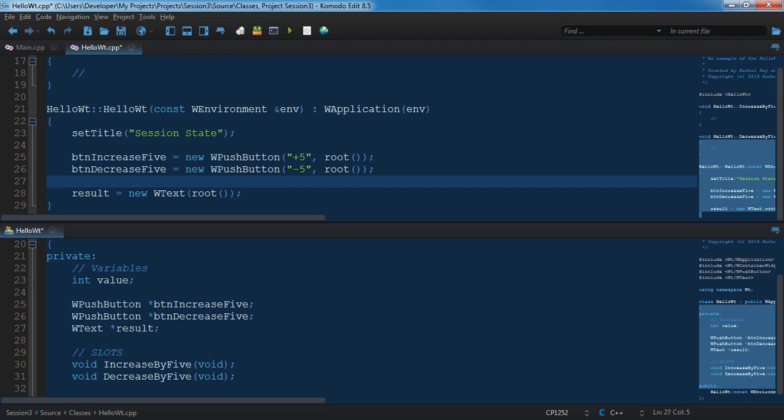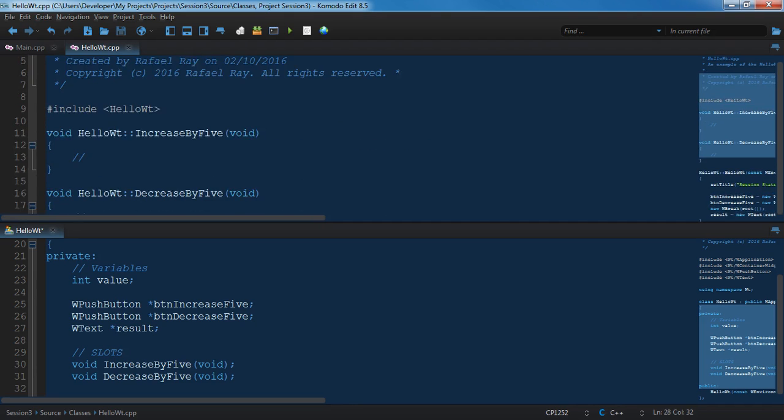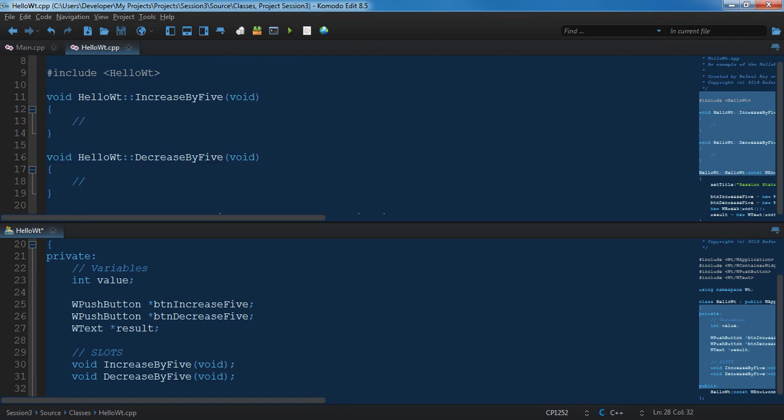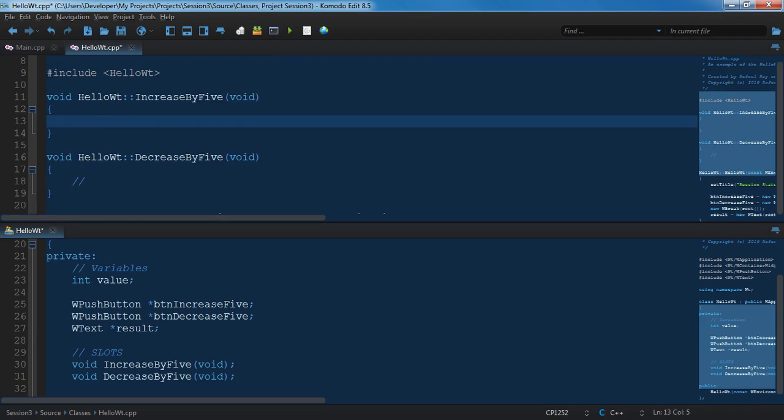I think up under that I'm going to do new Witty break. I don't know if this is going to work, because I've had problems with Witty break in some instances, but this should create two buttons side by side. Then that should create a new HTML break, and then this should initialize our Witty text that should be up under our buttons and adds it to the widget hierarchy. Then we have our two slots. We haven't defined what they do yet, but here are our two slots. And if we go ahead and define what they do,